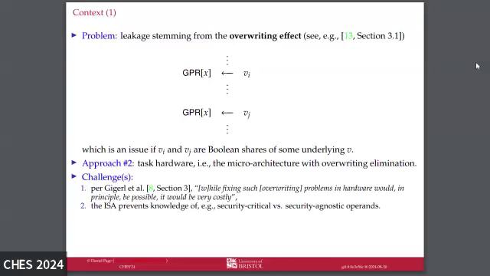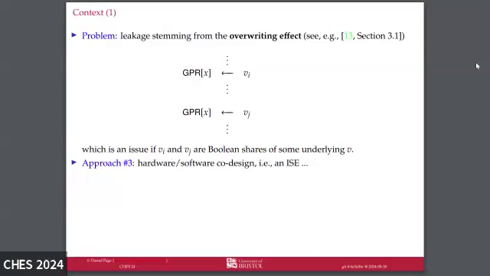The other challenge is that the ISA, the instruction set, sort of prevents the microarchitecture knowing that you're executing some masked implementation. So you end up in a situation potentially where you have this either always on or always off, and I guess always off isn't going to really help too much, so always on is the only remaining option, and again the cost of having it always on is maybe not so great. So yeah, the natural next step would be to ask whether there's a middle ground, and the natural middle ground would be some kind of combination of both of these approaches through an instruction set extension.